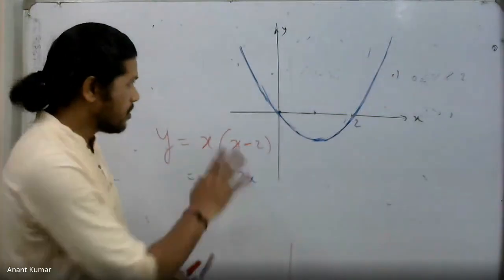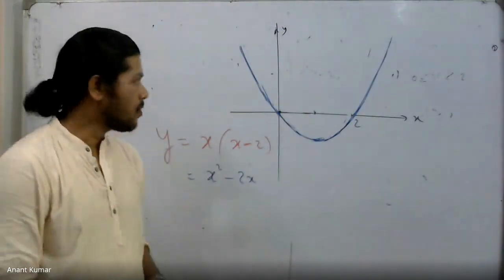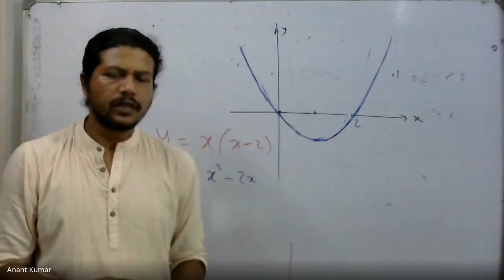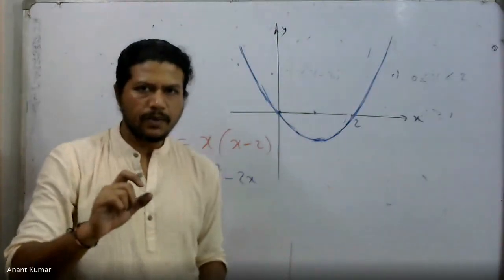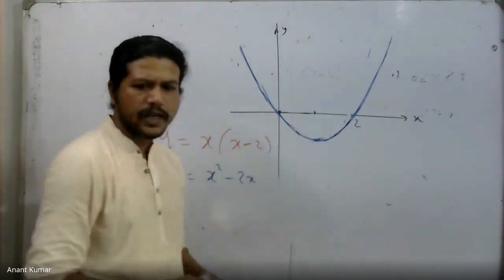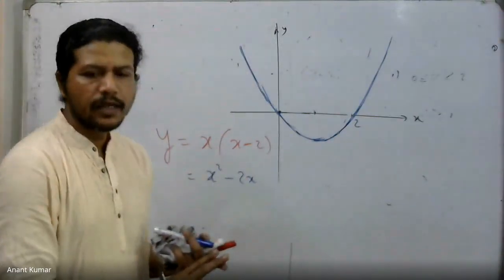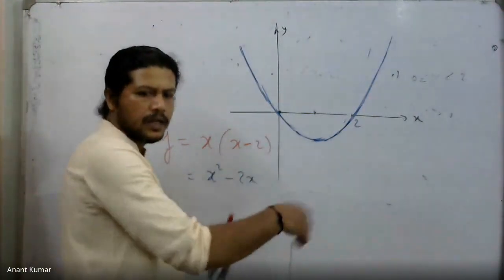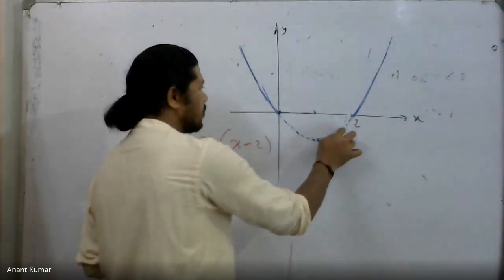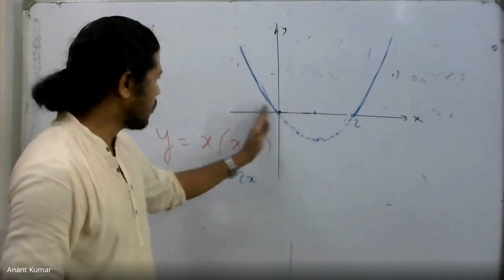This will be the same graph for the 2 regions, x less than 0 and x more than 2. But if I consider the part in between 0 and 2, if you remember, we had a minus sign in front over there, which implies I have to simply flip the y coordinates. I'll talk about that later. This part is only there if and only if x is more than 2 or less than 0. For this part over here, the middle portion, I don't require it. Why? Because this definition is not valid there. It is valid for less than 0 or more than 2.